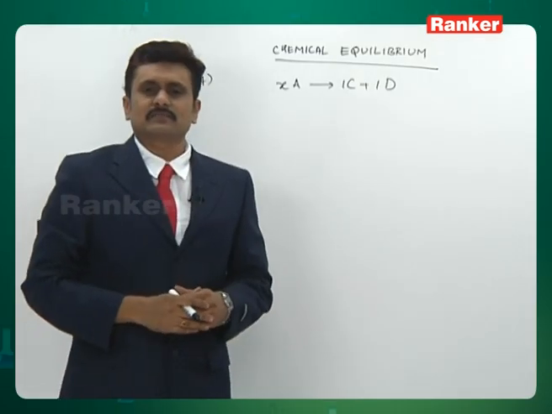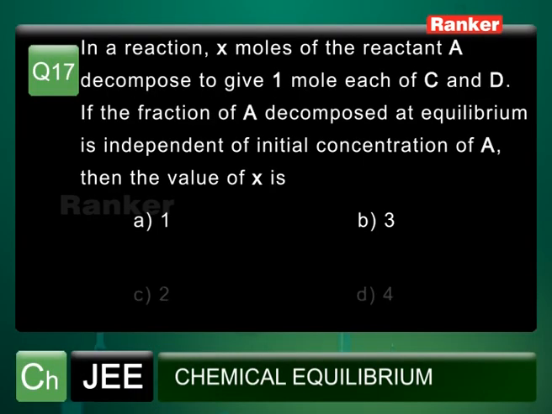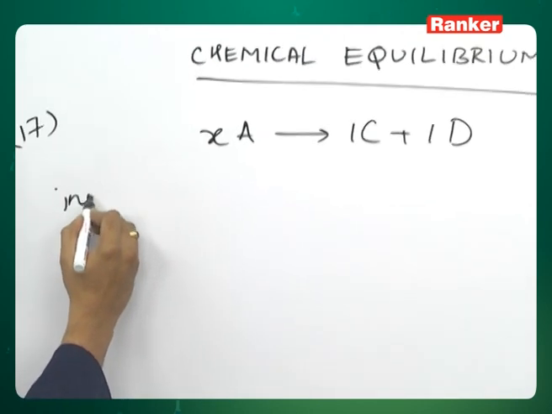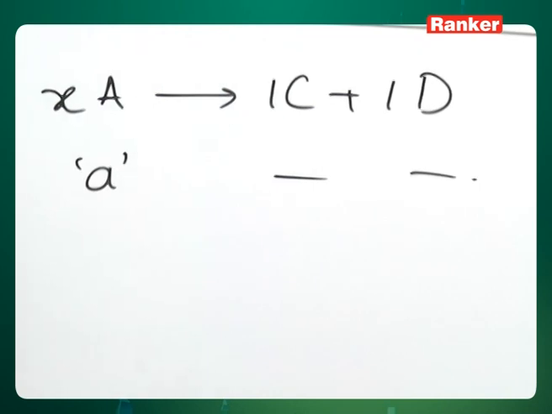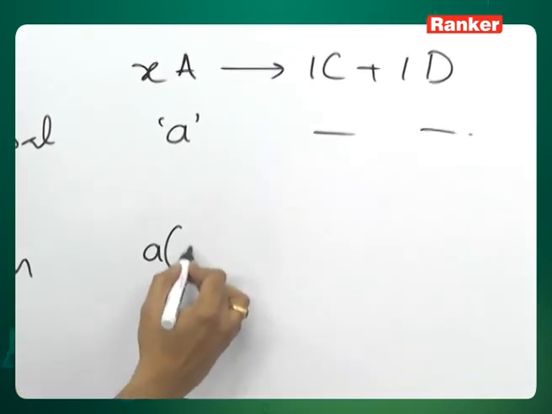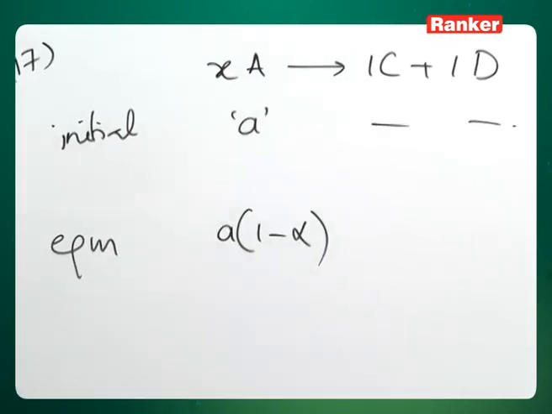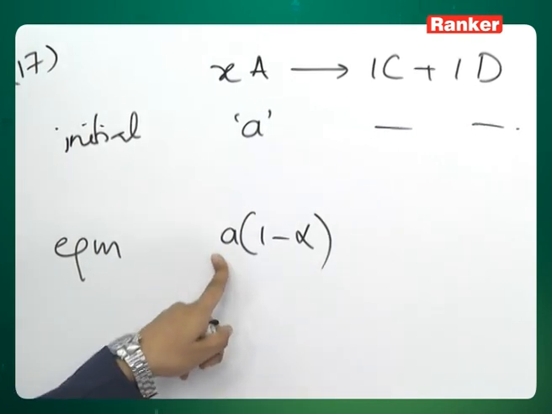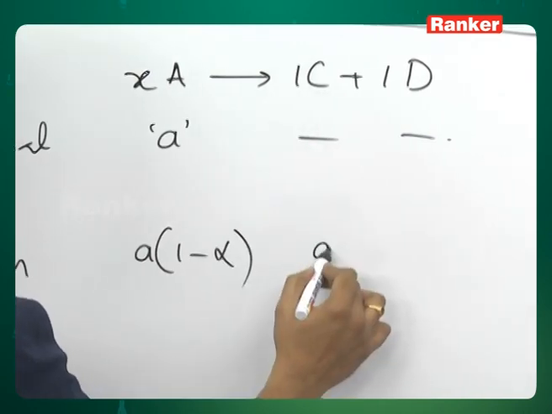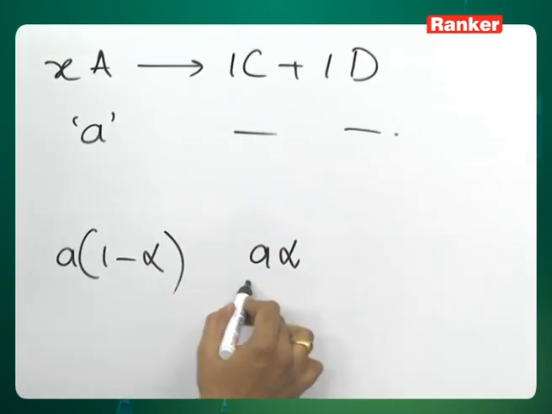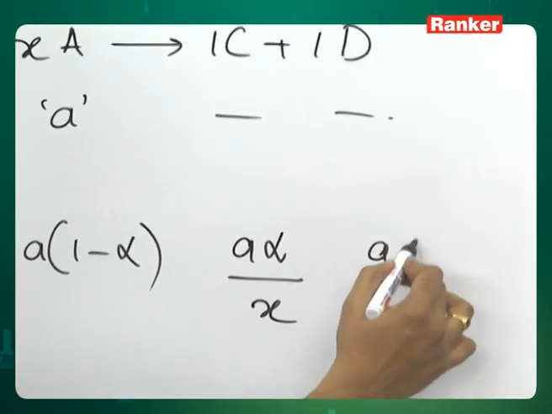Now for this reaction we have x moles of A giving rise to 1 mole of C and 1 mole of D. Let us assume that the initial concentration of A to be some A, and at equilibrium suppose alpha moles are dissociated, then degree of dissociation is alpha, then the remaining concentration of A is A into 1 minus alpha, and the moles of C and D are obtained to be A alpha upon x and A alpha